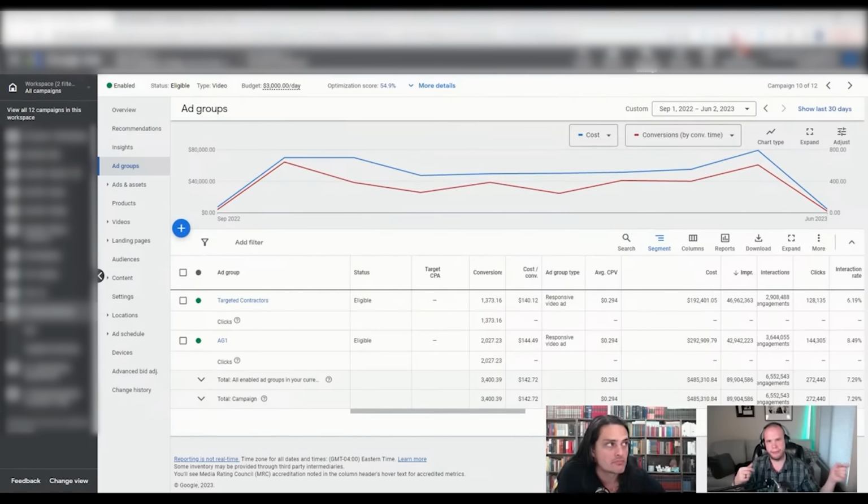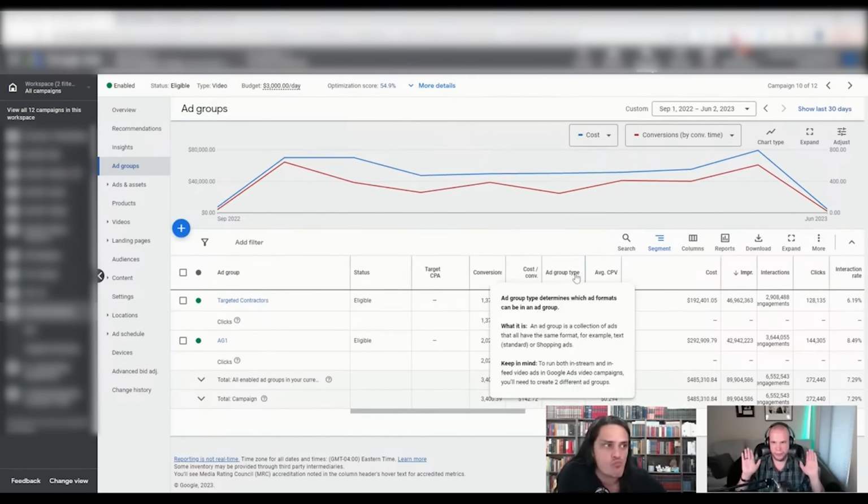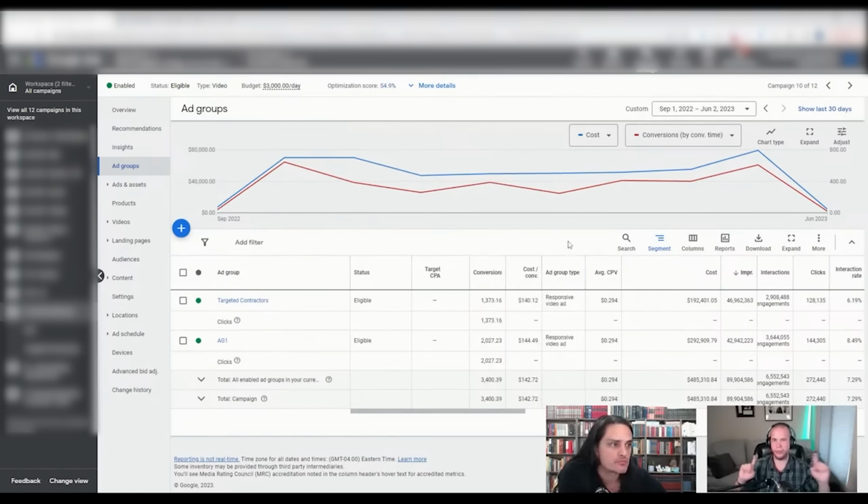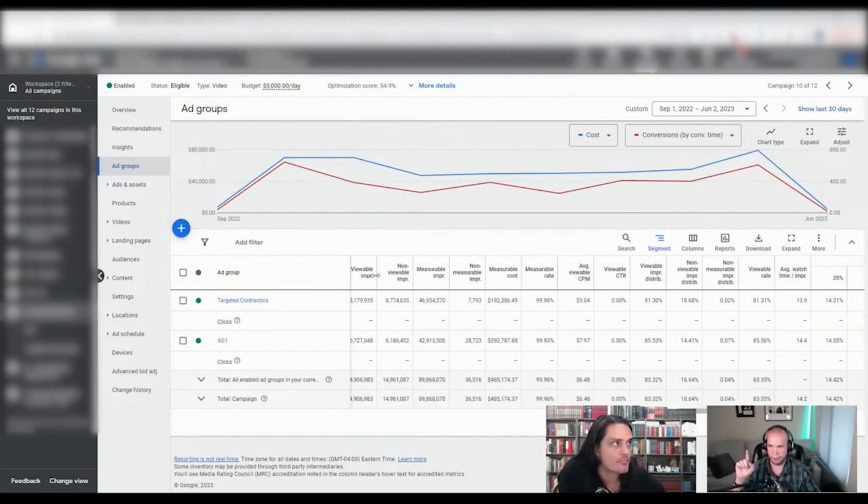Let's look at how do we trim the fat? How do we optimize this? Okay, great, John, thank you. But what do we do? Well, we have to look deep into the metrics, and we also have to look at where our points of diminishing return are.